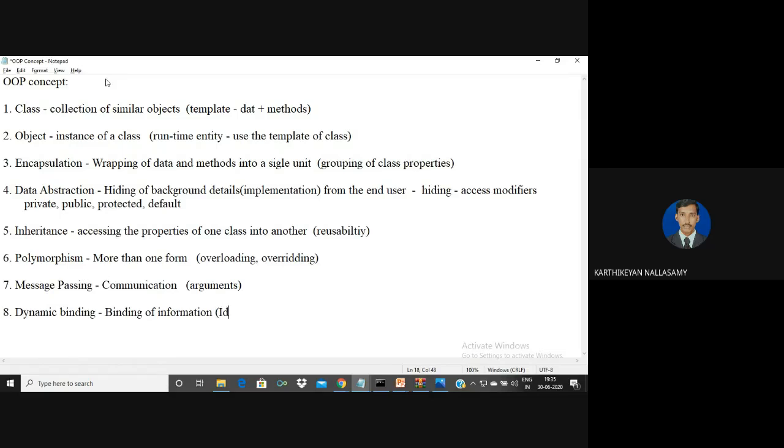Dynamic binding identifies which method will be invoked by the particular object. It identifies the methods at the time of invocation, at the time of running, in runtime. So that is called dynamic binding.